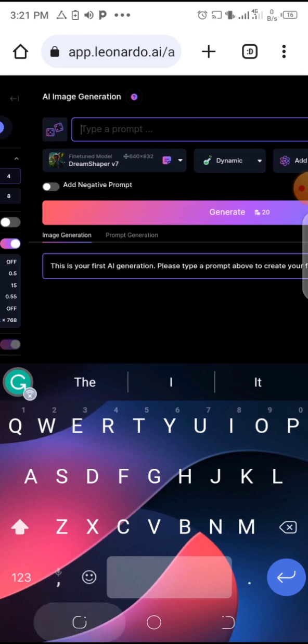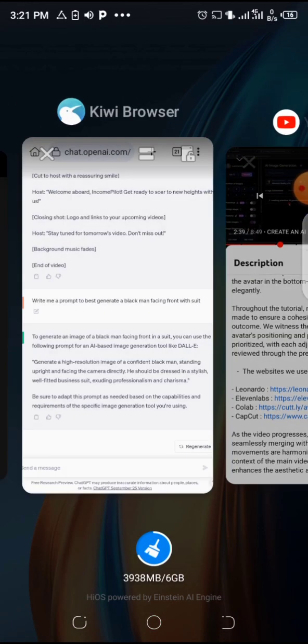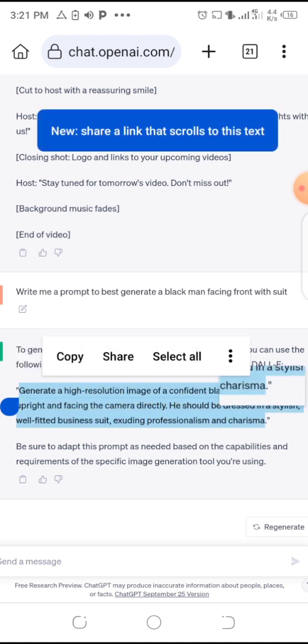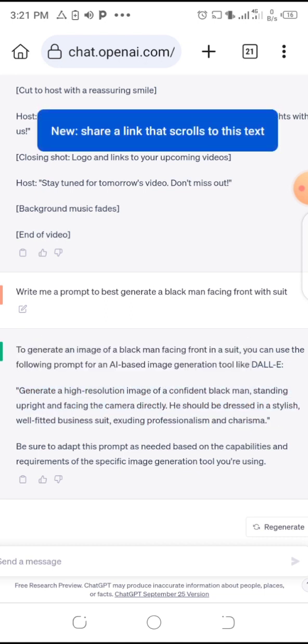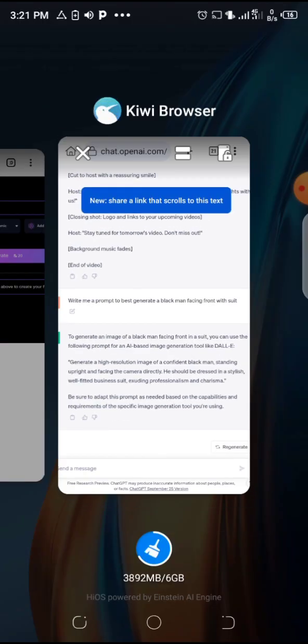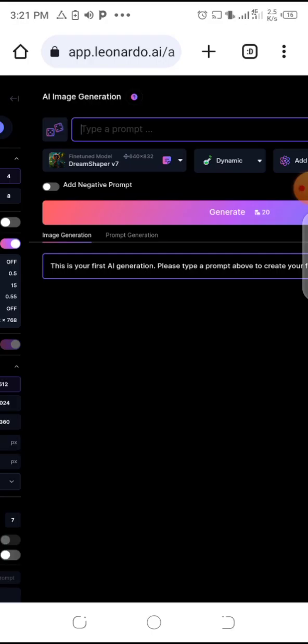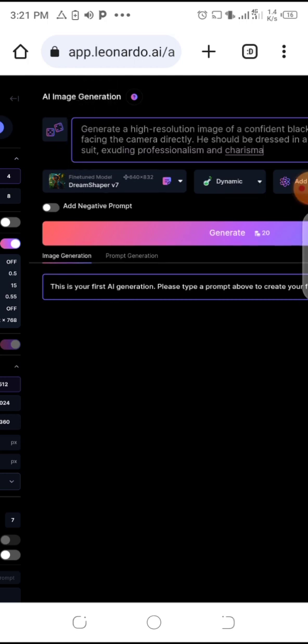So let's go back to ChatGPT and see what ChatGPT has done for us. Like I told you, always use ChatGPT to make your work easier. So now this is what we are going to copy here. Just copy it. You can screenshot your phone and copy it, and then you can use the prompt. It's still going to serve you the same purpose if you want the results that you're